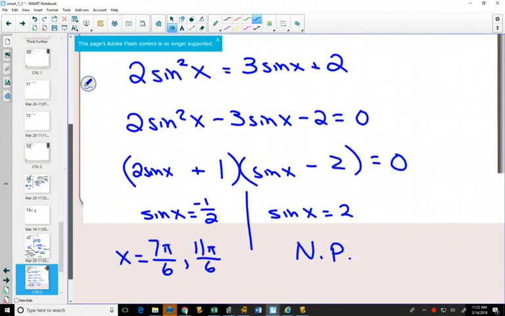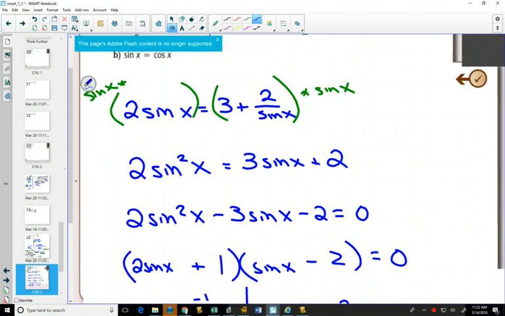Now, reflect on this question, because this question involved identities to start it off. But then it connected to 3 main concepts from grade 10 and grade 11 after that fact. First of all, as soon as we used our identity, we got a rational equation. So it's expected in grade 12 that you are experts in solving rational equations in all their forms and how to do that. Okay? After remembering that, oh yeah, with rational equations, we like to get rid of the fraction